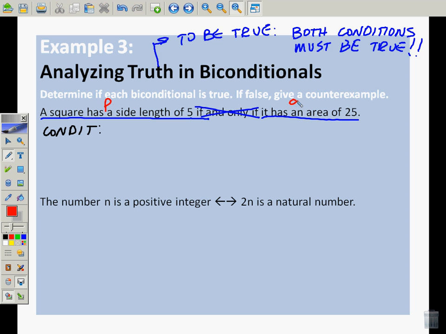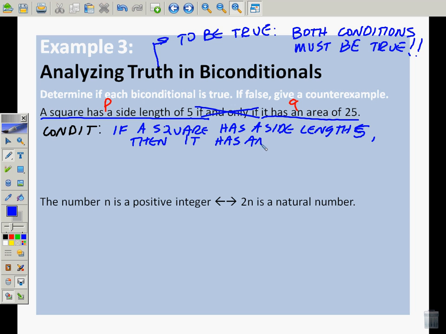If a square has a side length 5, then it has an area of 25. Now, let's do this. Is this true or false? If a square has a side length 5, then it has an area of 25. That's true. So we're going to move on